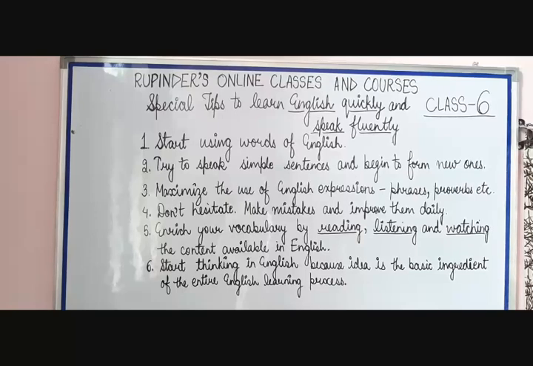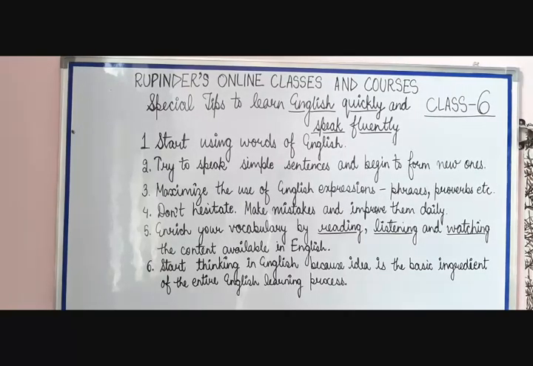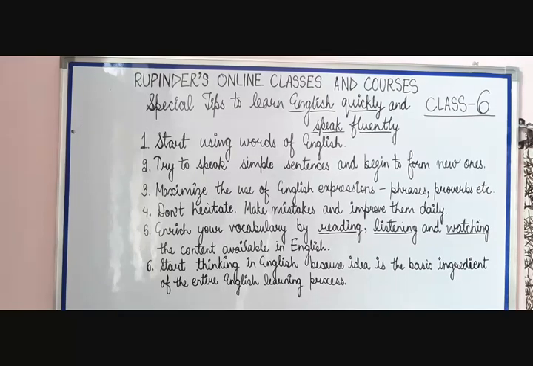Fifth point, and the fifth very important step in learning English very quickly and speaking it fluently, is to enrich your vocabulary. हमें अपने वर्ड्स को, हमें इंग्लिश में बहुत सारे वर्ड्स आने चाहिए, हिंदी में हम इसे कहते हैं शब्दकोश. So we have to enrich. अगर हमें आज इंग्लिश में 10 वर्ड्स पता हैं, कल हमें 15 पता होने चाहिए. And if you are very quick, you should learn it by multiples. आज 10 पता है, कल 20, परसों 30, 50, and definitely within a month you will see that the graph of your growth is going higher and higher.